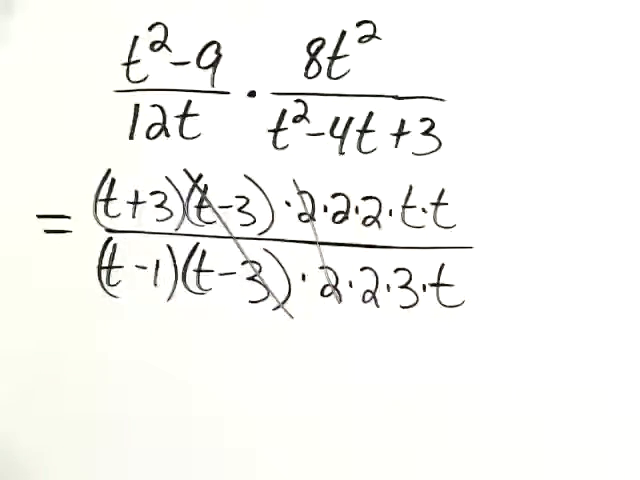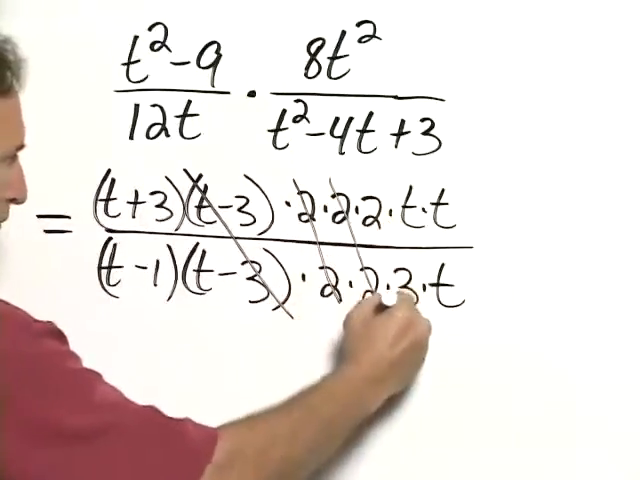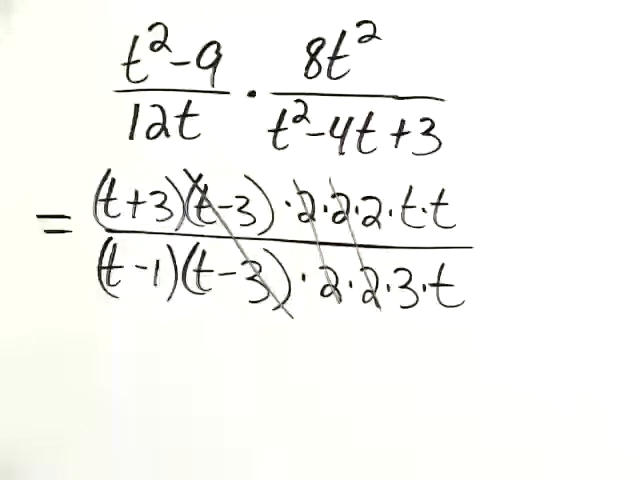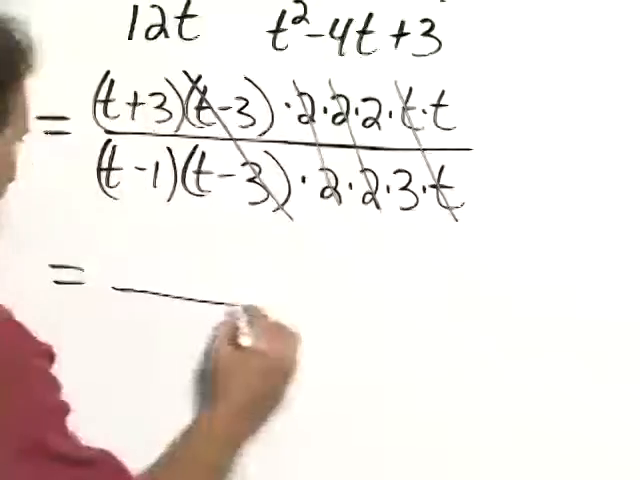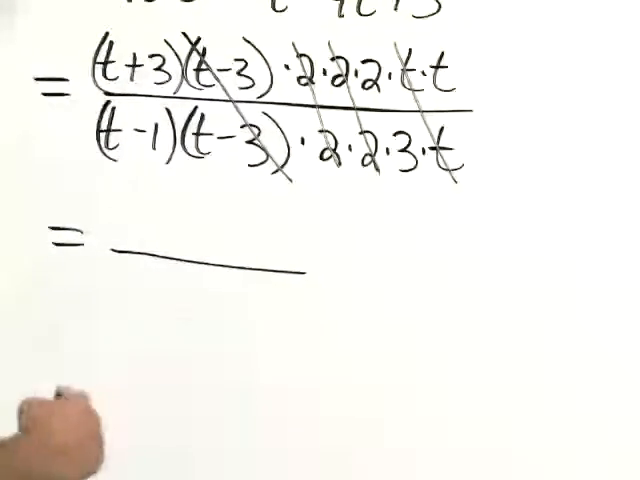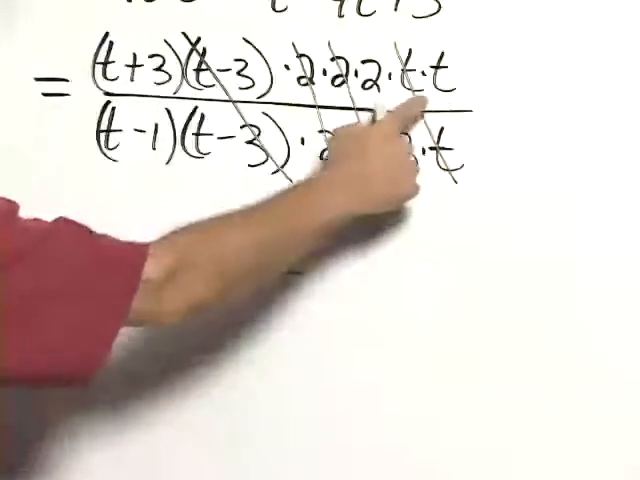2 over 2 is another factor of 1, and another 2 over 2 is another factor of 1. And t over t is another factor of 1. So now we see that we would have in the numerator 2 times t